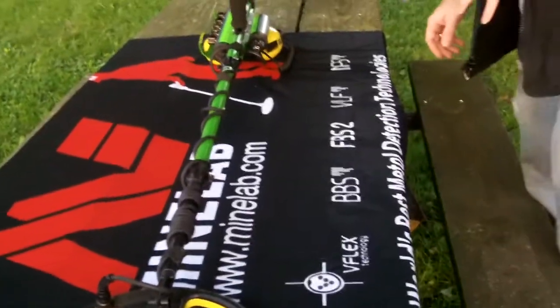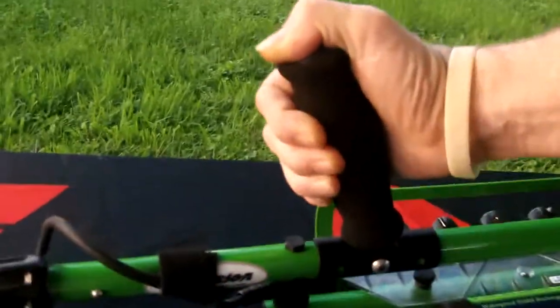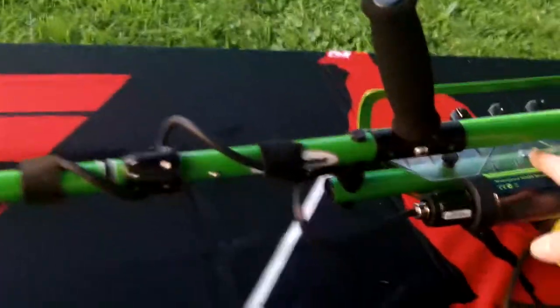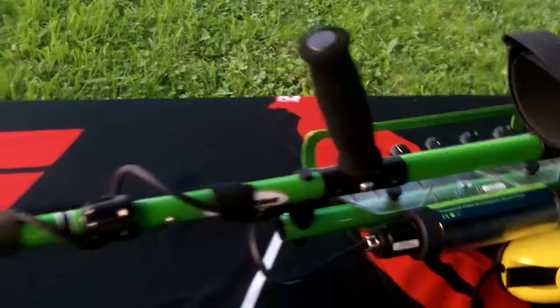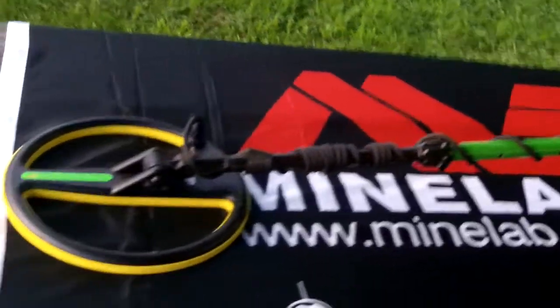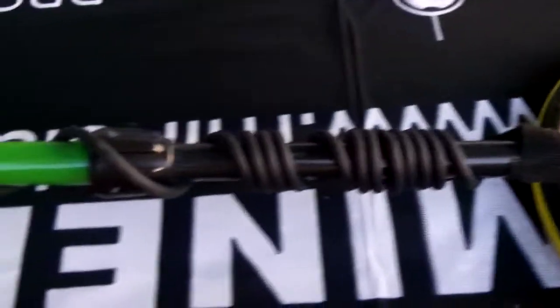The handy thing about this is, as you can see, first off, the ergonomics are completely different because of the way the handle is positioned. You're holding it in a different angle, and most importantly, the over-under, your control box and your battery are now mounted under your forearm. So the unit is much, much better balanced in this configuration. And as we go around here, you'll see that on the other side of our unit, because of the way I have it mounted,